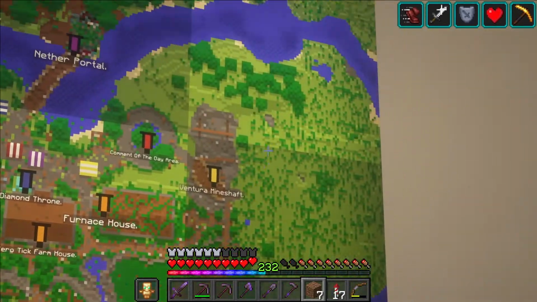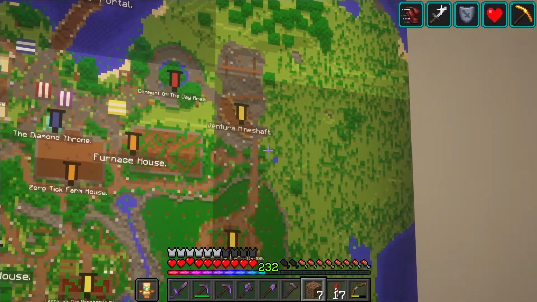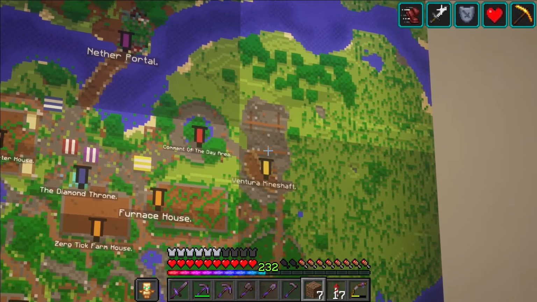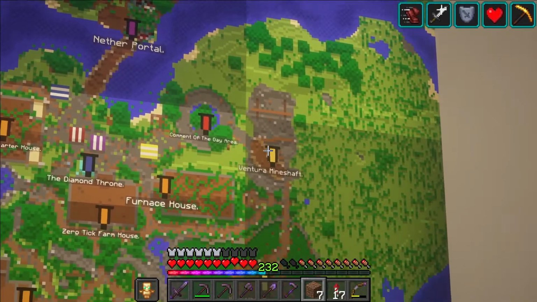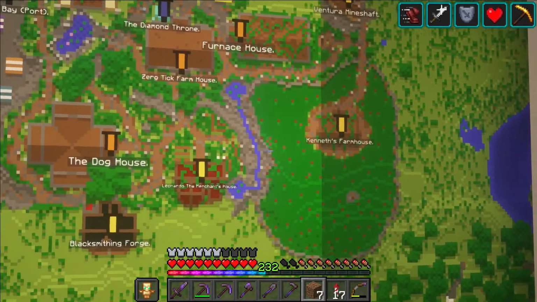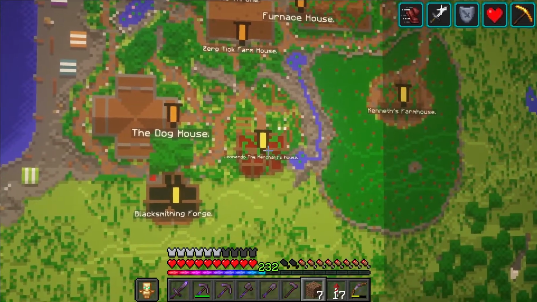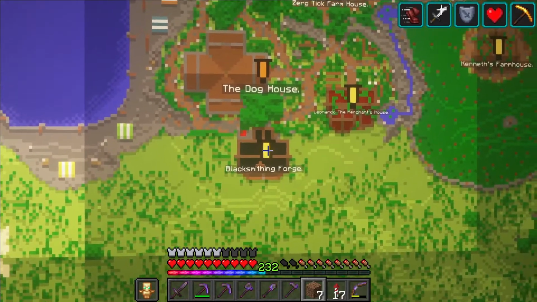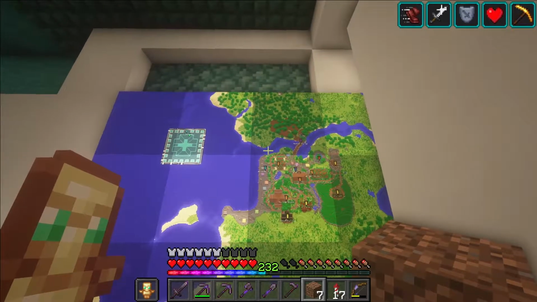Now these 4 builds, they're completely different to what I've built. Like the Ventura mine shaft is a mine shaft. I don't usually build mine shafts. The farmhouse is a completely different style. The merchant's house, also a completely different block palette that I've never used. The blacksmithing forge is similar in that nature as well. And finally, the big